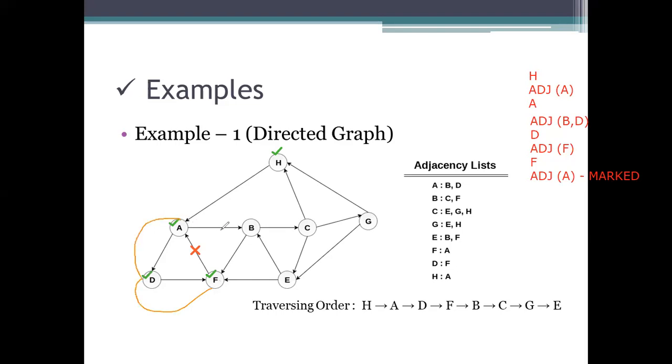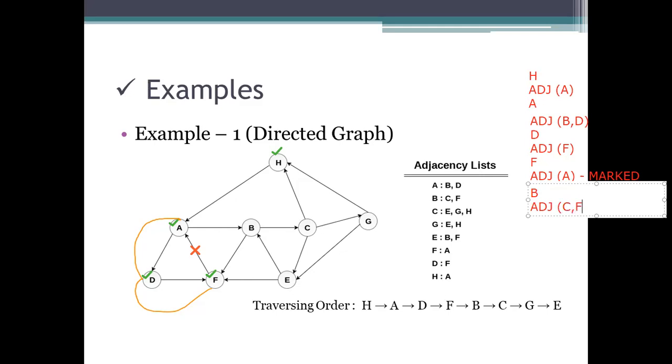Since it has adjacent nodes which are not visited, it starts the visit from B. So here we need to pop that vertex, because it doesn't have any adjacent vertices. So visit B. Okay, what are the adjacent nodes of B?